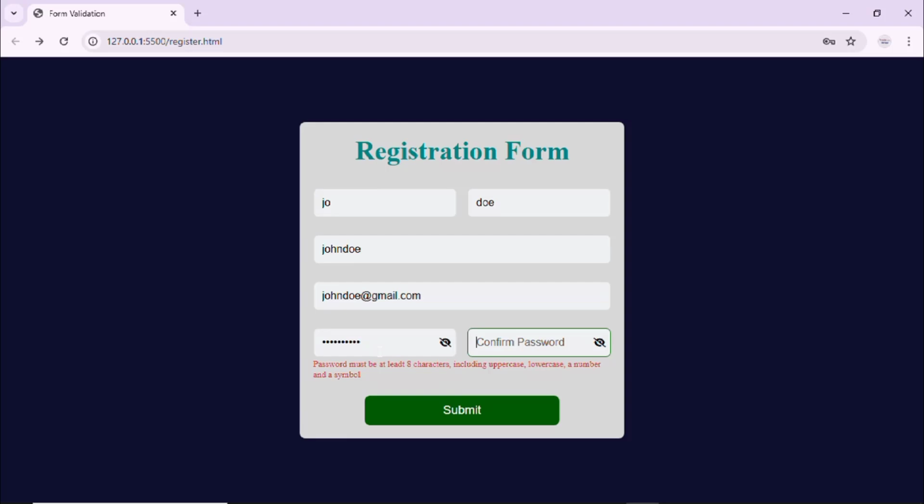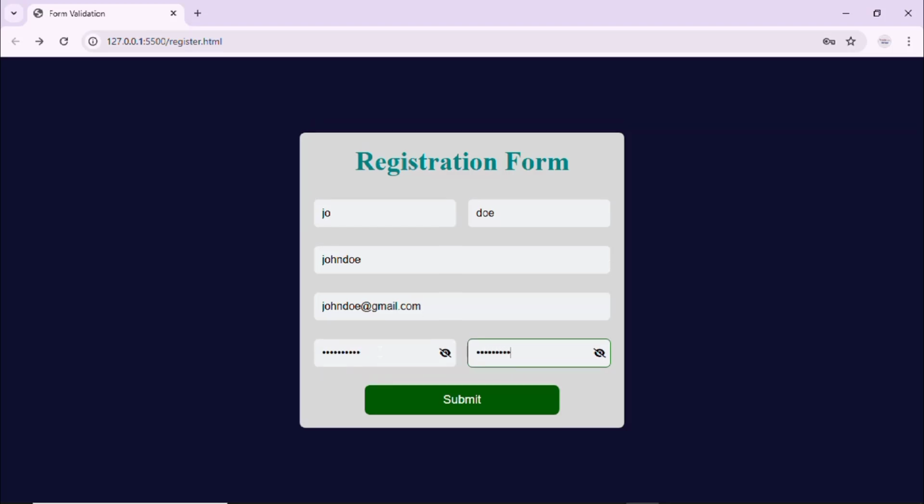Then for the confirm password. So all our inputs are correct now. Then if you hit submit,